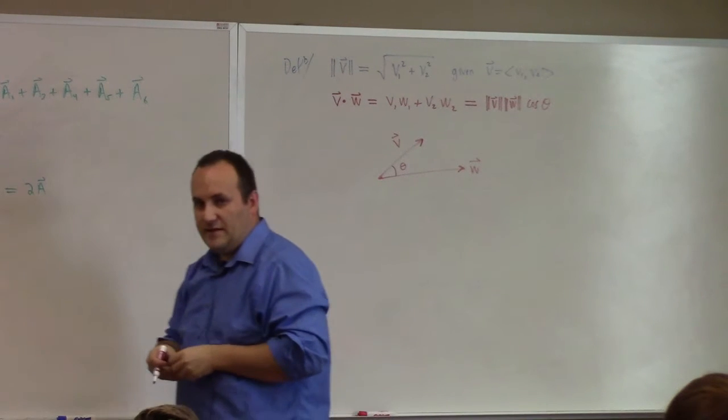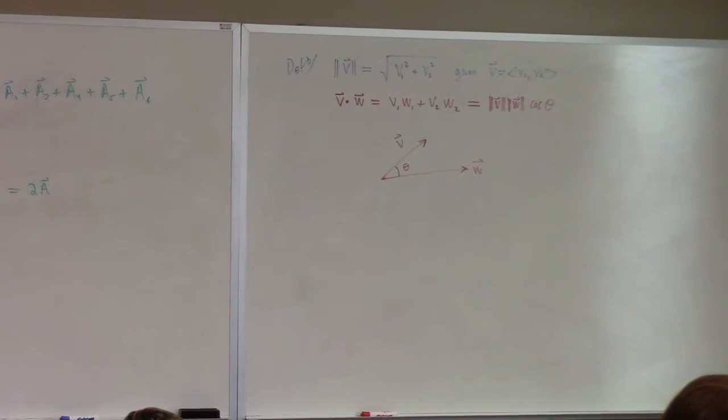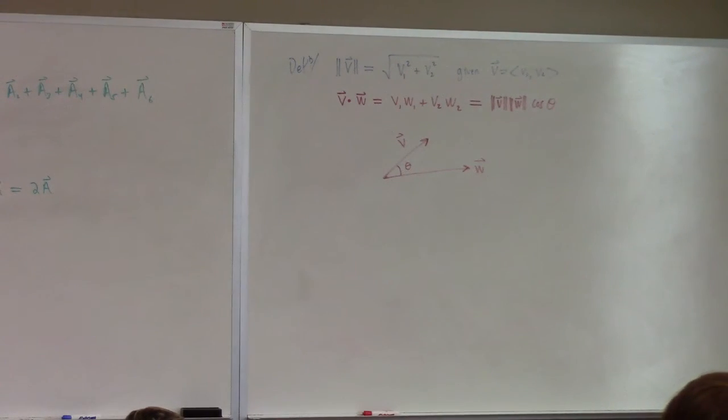So this is just a fantastic formula because it says we can use the dot product to calculate the angle between vectors. This is not that impressive because we're just dealing with two-dimensional problems, but this formula continues to be true in 3 or 4 or 5 dimensions,